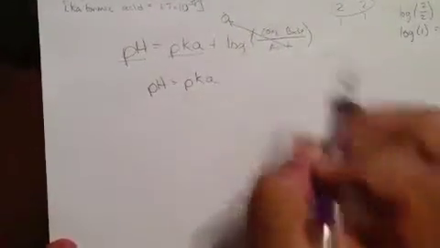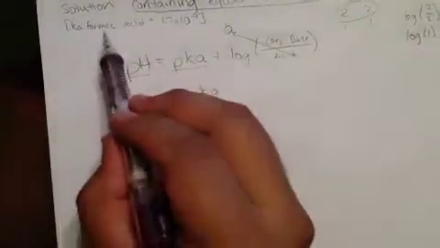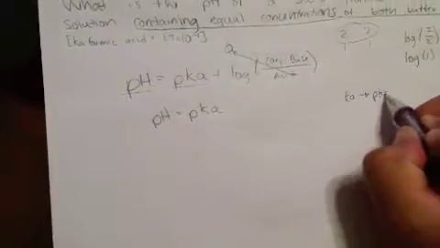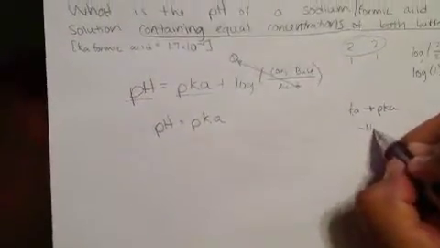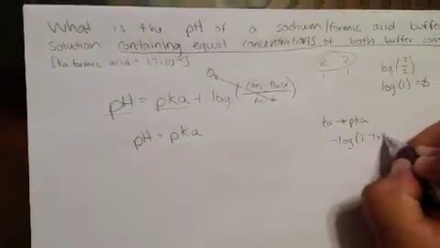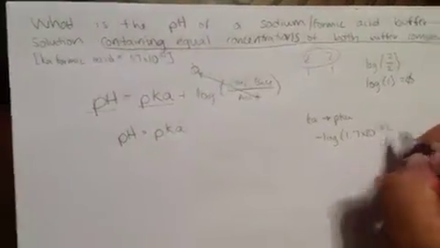And we're given the Ka of formic acid. And the only thing you have to do to turn Ka into pKa is get the negative log. So if you get the negative log of 1.7 times 10 to the negative 4,